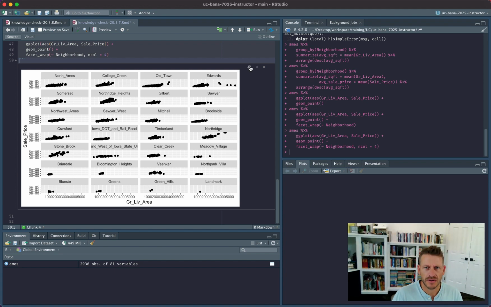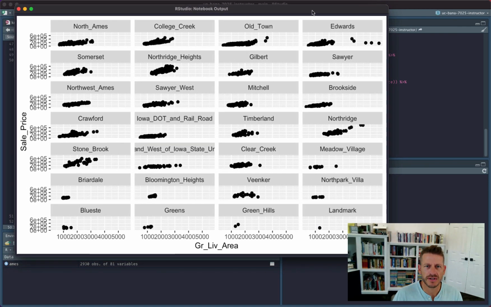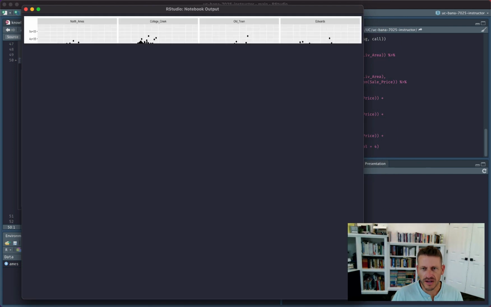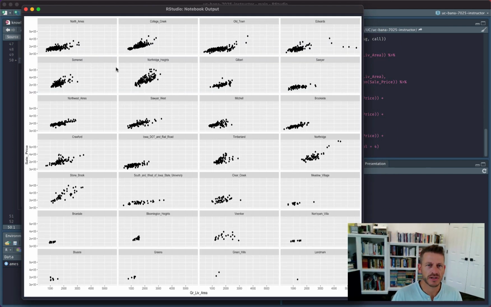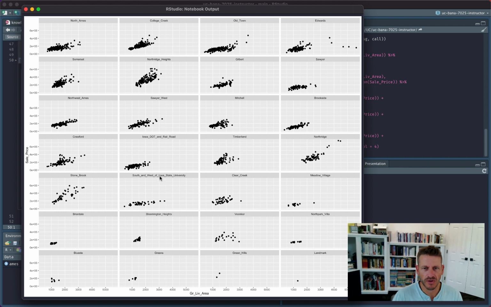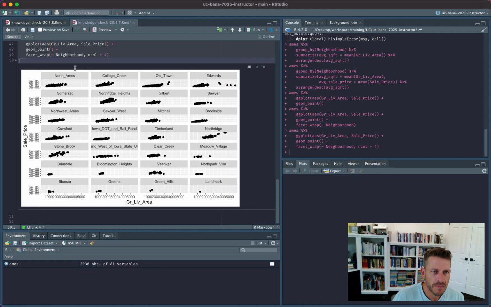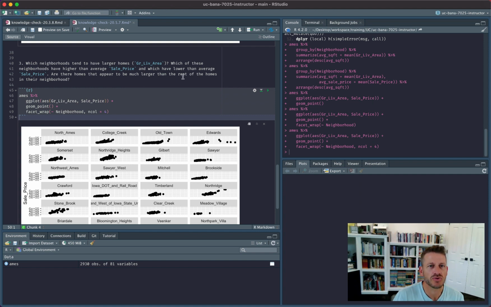Right, so I could make this larger so it's easier to see. And we can definitely see which neighborhoods tend to have a relationship of higher square footage and higher sale price versus those that have lower square footage and lower sale price. You see some neighborhoods that have a lot of observations, and then some like Green Hills and Landmark, where we only have one or two homes that actually sold. Now we could build onto this,